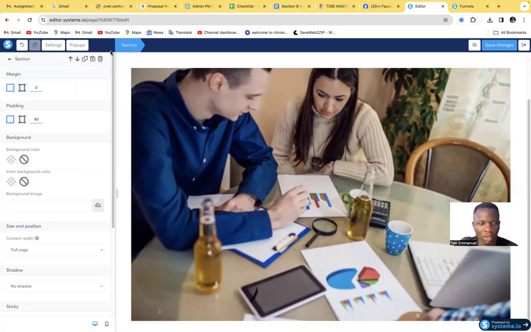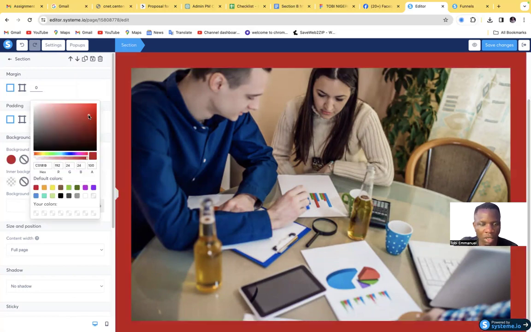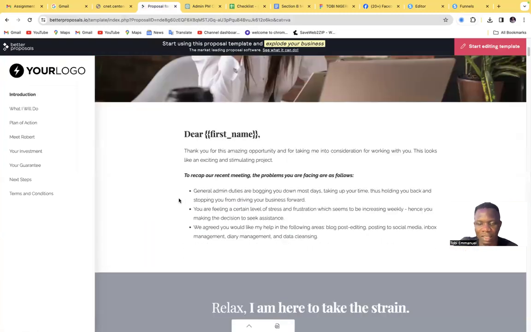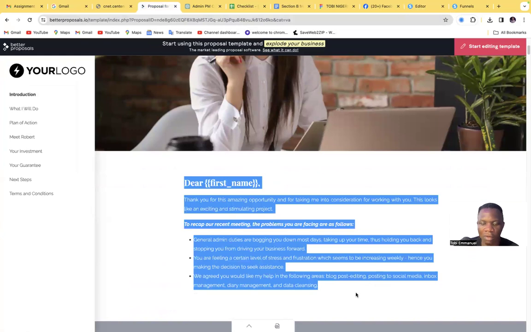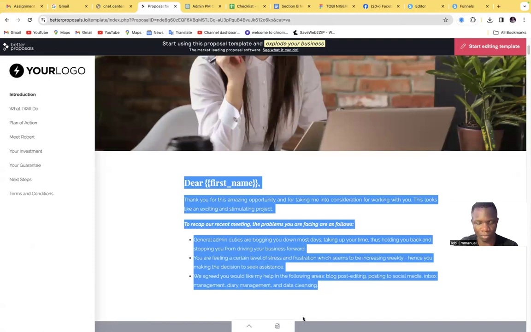So this is the section. I can do the section header, put some background color for the section, okay, or absolutely remove the color, right? And then you can move to the next page. So the next page here says that I have some letters here. Oh, I will rather put